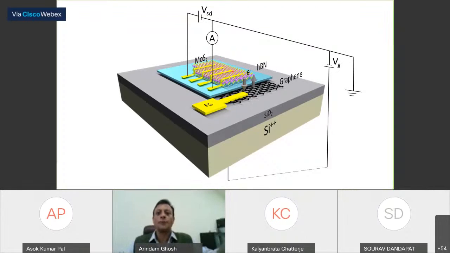And if you give a pulse in the opposite direction, then exactly the opposite thing happens. That means charge goes out of the graphene layer, which essentially makes the conductivity of the MoS2 layer go the opposite way. So the goal here is to use this MoS2 as a synapse